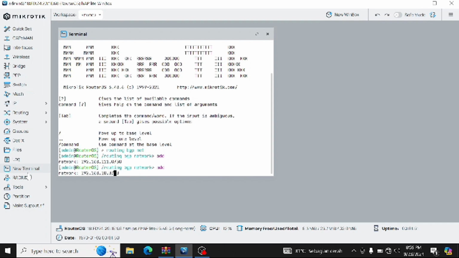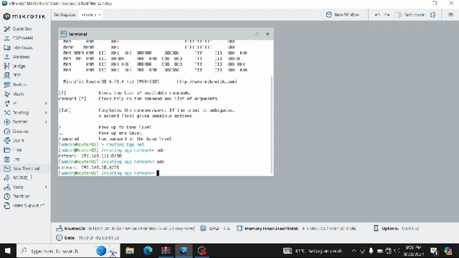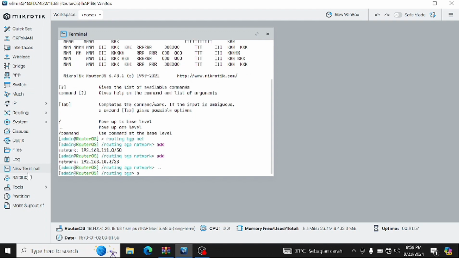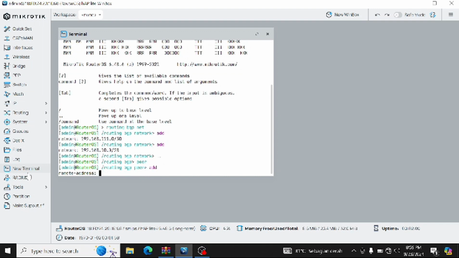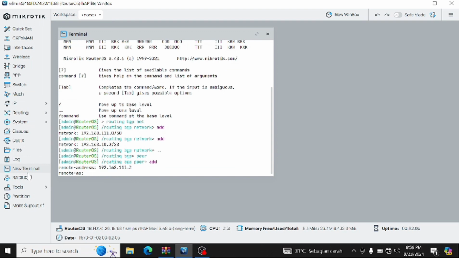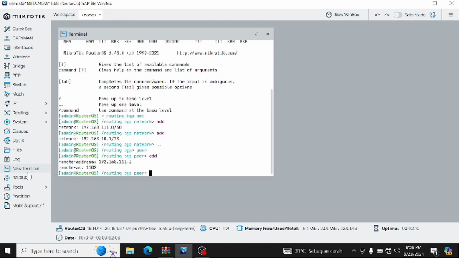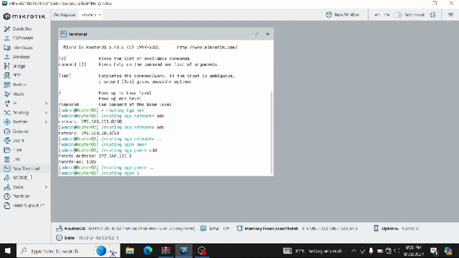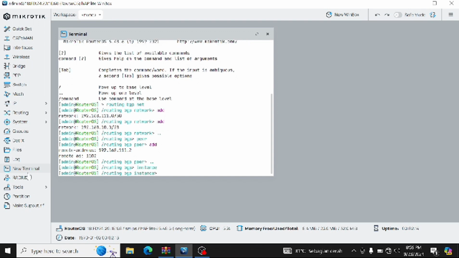This is for switch. Switch router MikroTik is 10, but the slash is still the same. Routing BGP peer and add remote address for the other laptop, for the first laptop, and don't forget remote AS 1102.